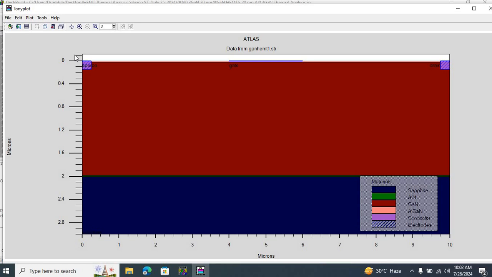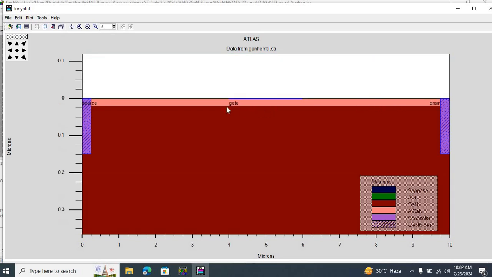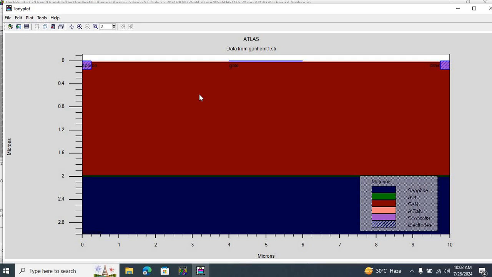A gallium nitride HEMT is a type of field effect transistor that utilizes the high electron mobility of this gallium nitride, aluminum gallium nitride heterojunction over here to achieve high speed and high power performance. Now here are the key components of this structure. So first of all, we have a substrate which is the starting layer. This substrate typically is either sapphire or silicon carbide or silicon substrate because of its compatibility with gallium nitride